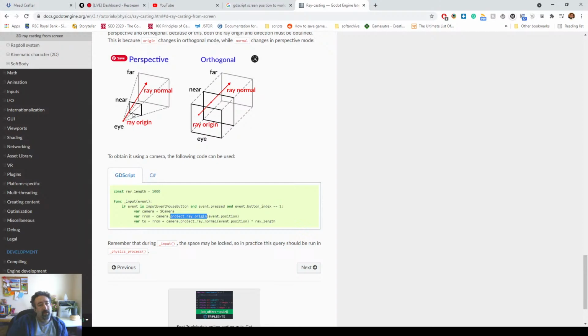But in perspective, it's actually, let's say your screen coordinates will never correspond to world coordinates. So depending on the distance here, orthogonal, more or less. Nevertheless,